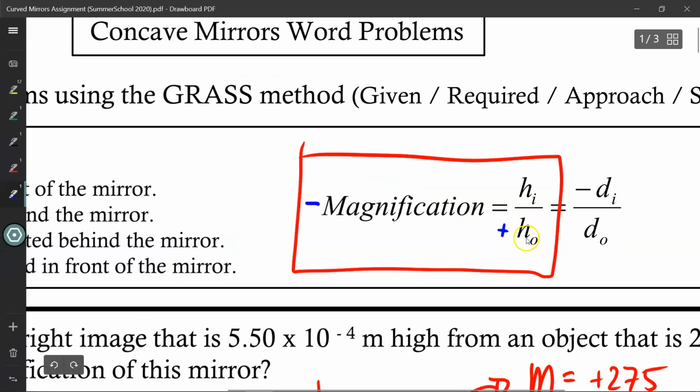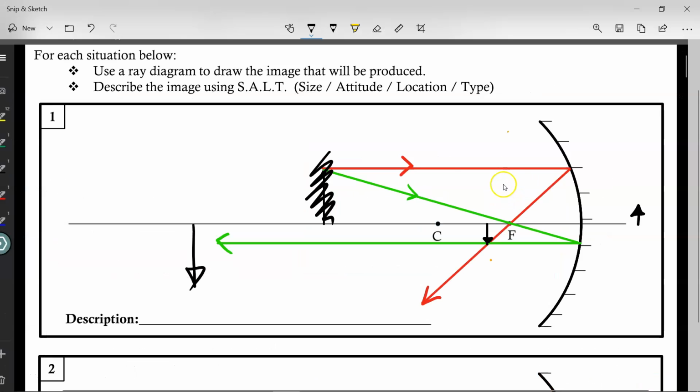So if this must be a positive value, but magnification has to be negative, that means h_i in this case would be negative. So if you see a negative magnification, that just means the height of the image is negative as well. So in comparison to the original object, it's inverted, so facing opposite directions. Alright, so negative magnification just means that they are facing opposite directions, that the image is inverted as compared to